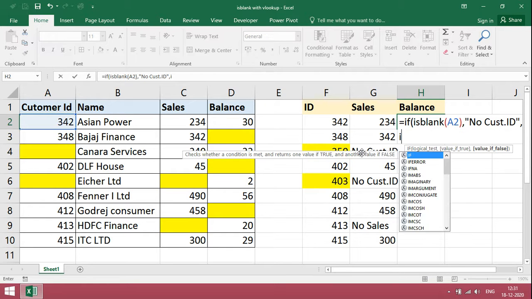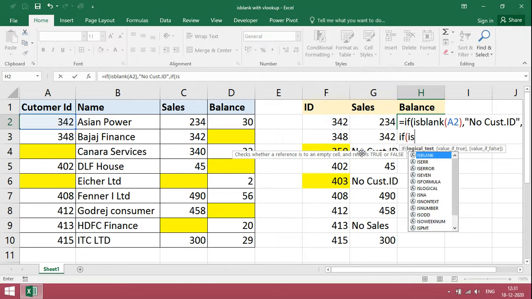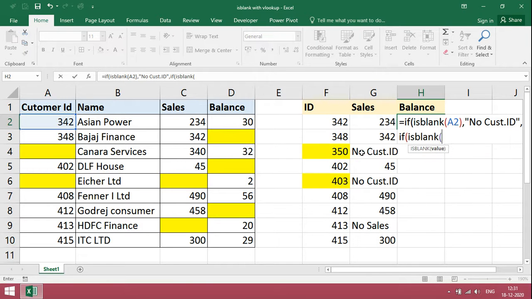So open again if is blank, balance, bracket close, comma, inverted commas, balance missing, inverted commas, comma, then do